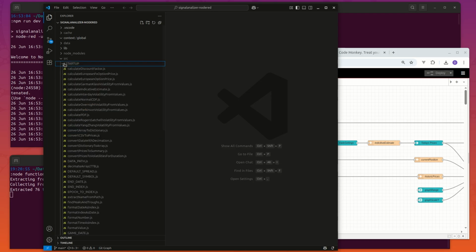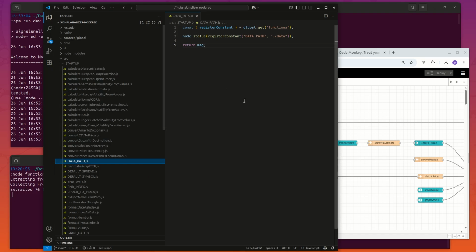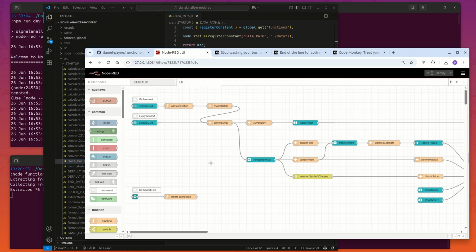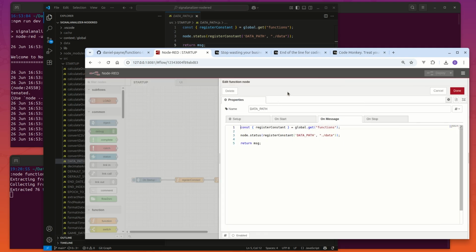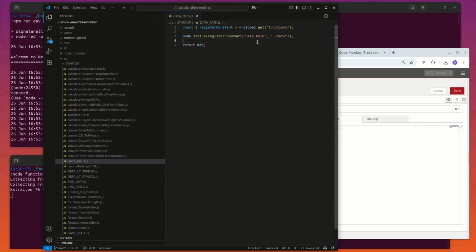But if we go in here and start up and pick the first function, there we go, and just go here, and we're data path. So that's that one up there. So let's go in here and change something. Let's just put a comment in, Control save,